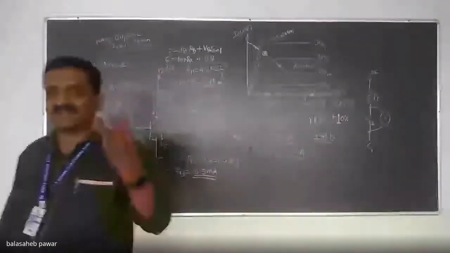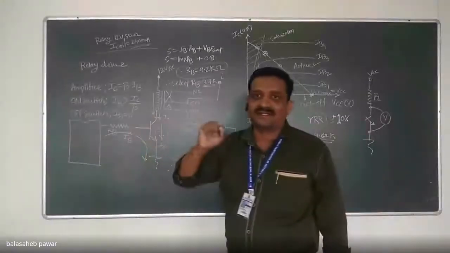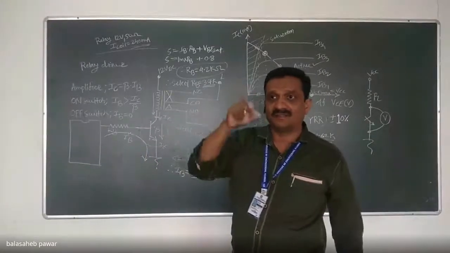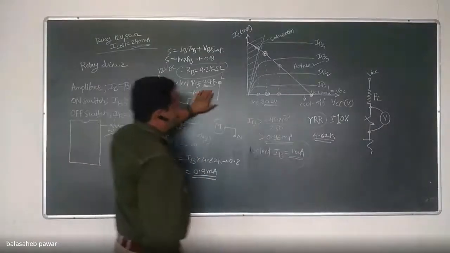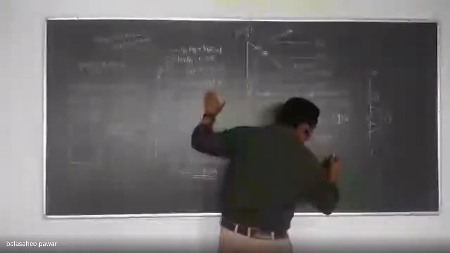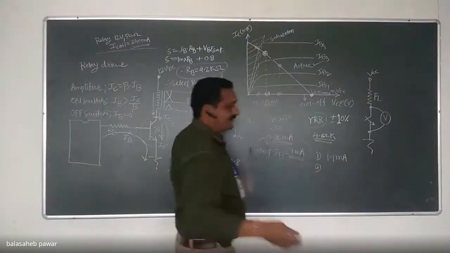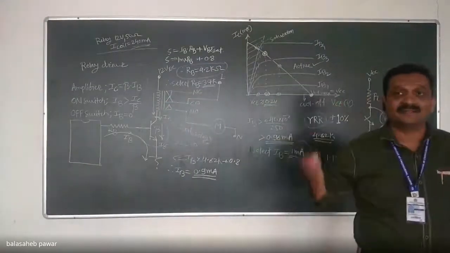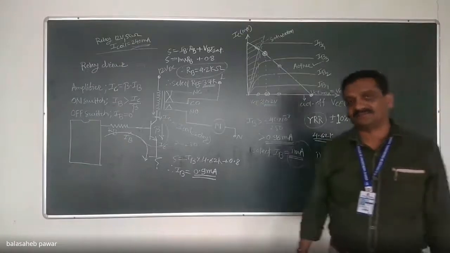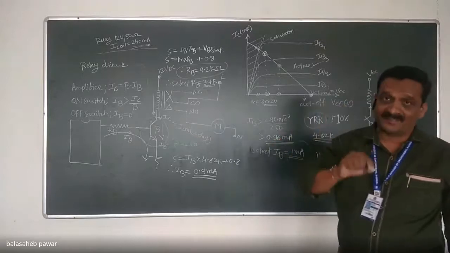I have to take 3 conditions for this selected 3.7K, and then later I will remark whether it will be harmful or not. So 1.1 milli. If it is exactly 3.7K without tolerance, then it will be 1.1 milliampere. This is our first condition. The second and worst condition, we take if the resistor tolerance is minus 10%.